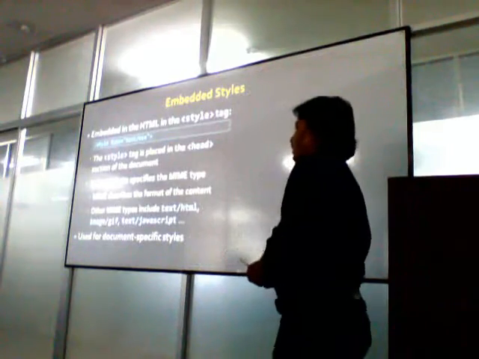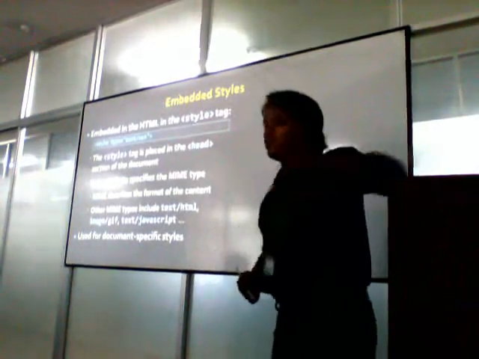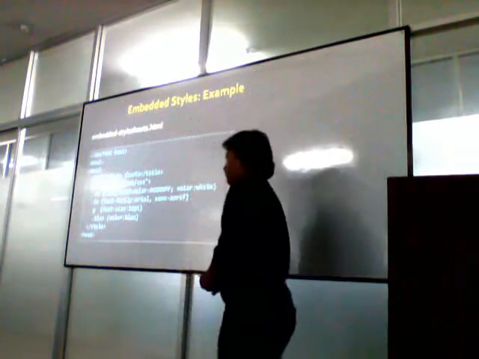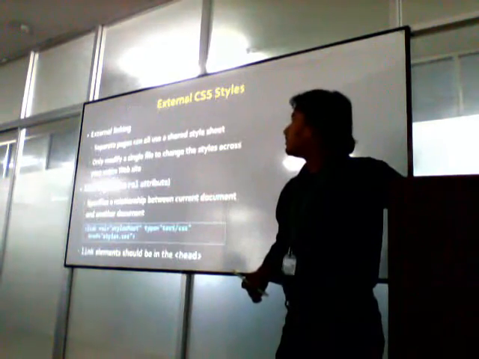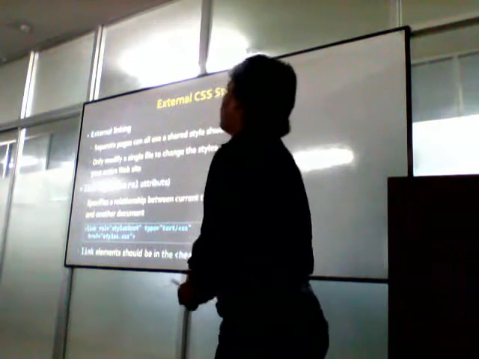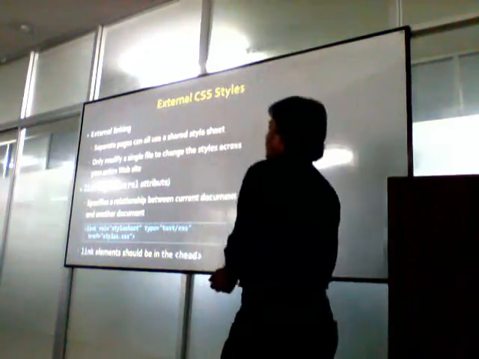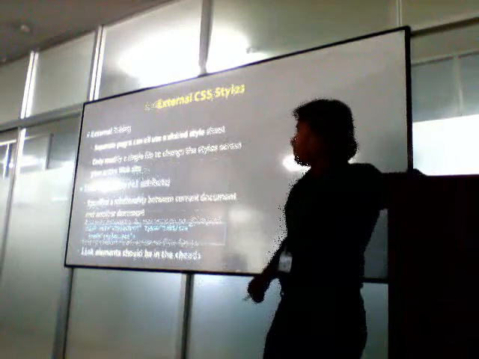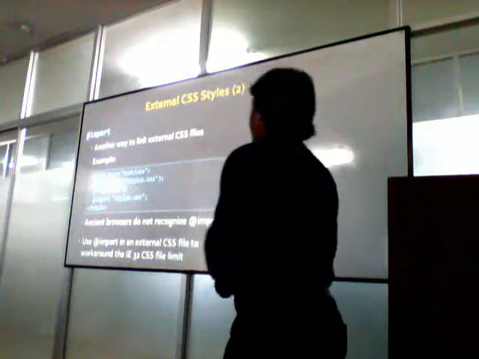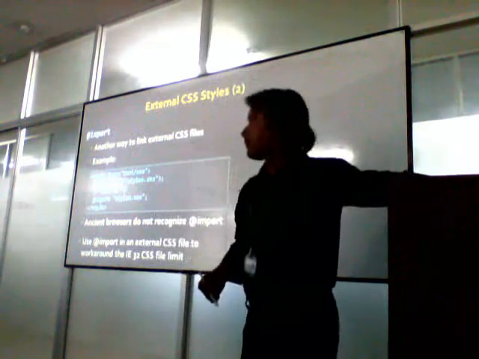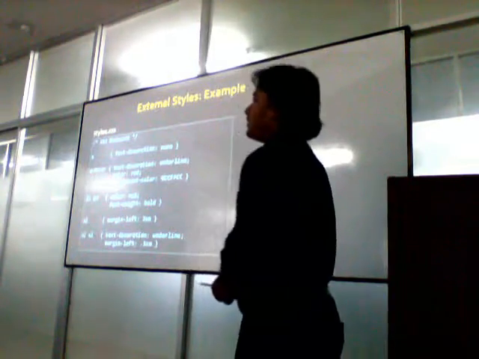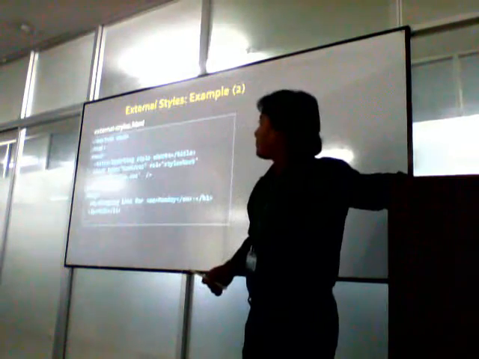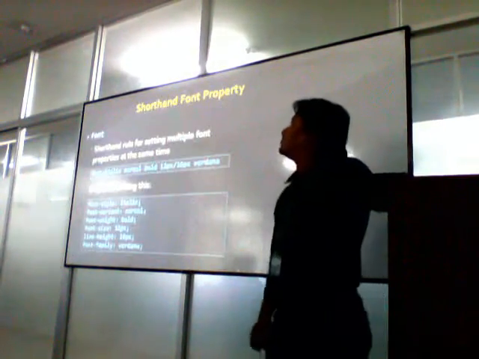The second type is the style tag, which is included in the HTML file. This example is an embedded style sheet. And external linking can be used to share the style sheet. There are some examples of linking HTML to an external style sheet, and some examples with external CSS, which is an external file.